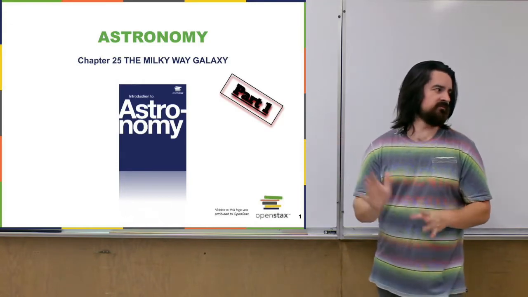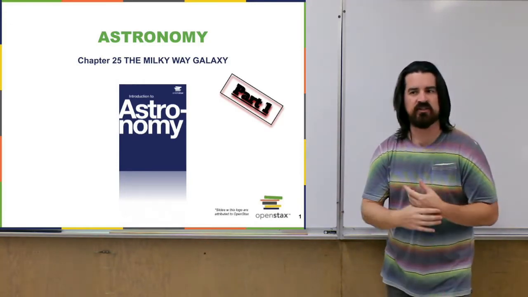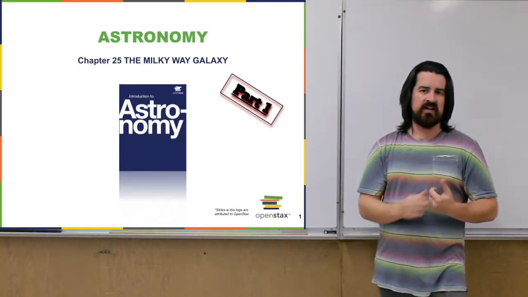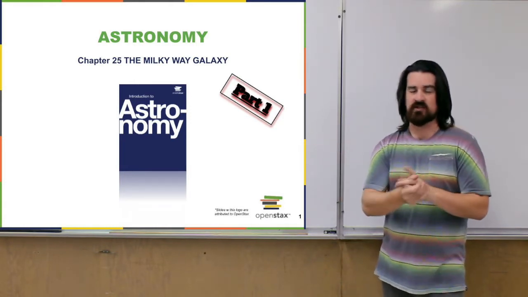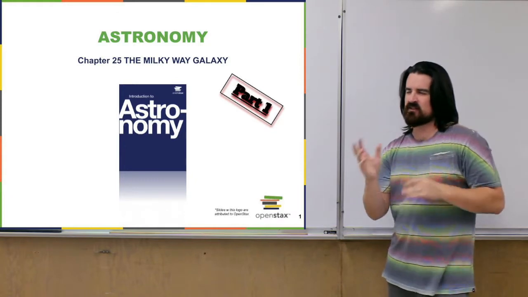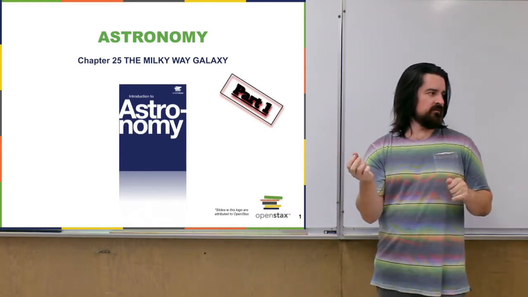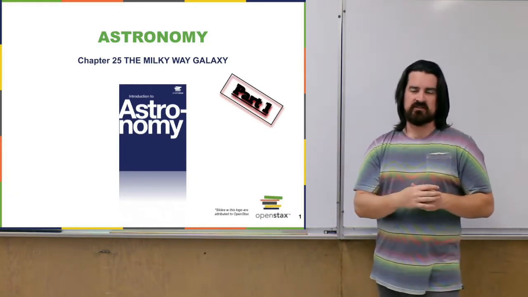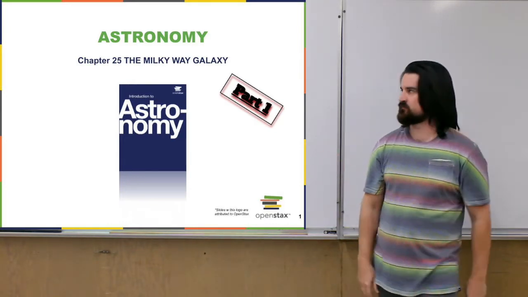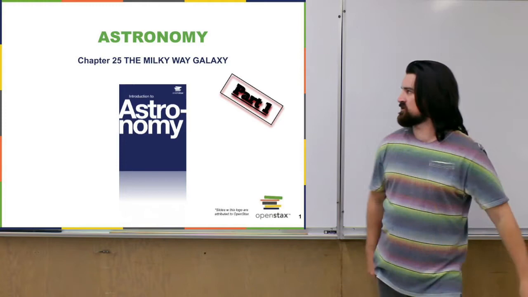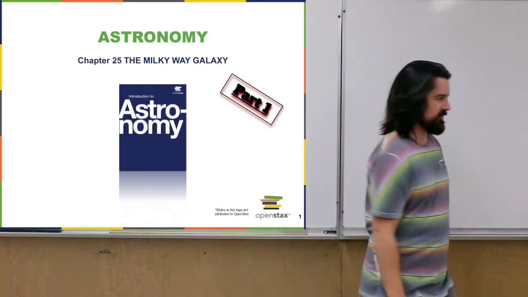here, and then talk more about galaxies in general, and then sort of this space between galaxies, and then the really big structure of the universe, or how galaxies are arrayed, and the kind of stuff we think that's playing a big part in how the galaxies and the universe overall end up like they are now. So this is part 1 of the lecture about our galaxy, the Milky Way.